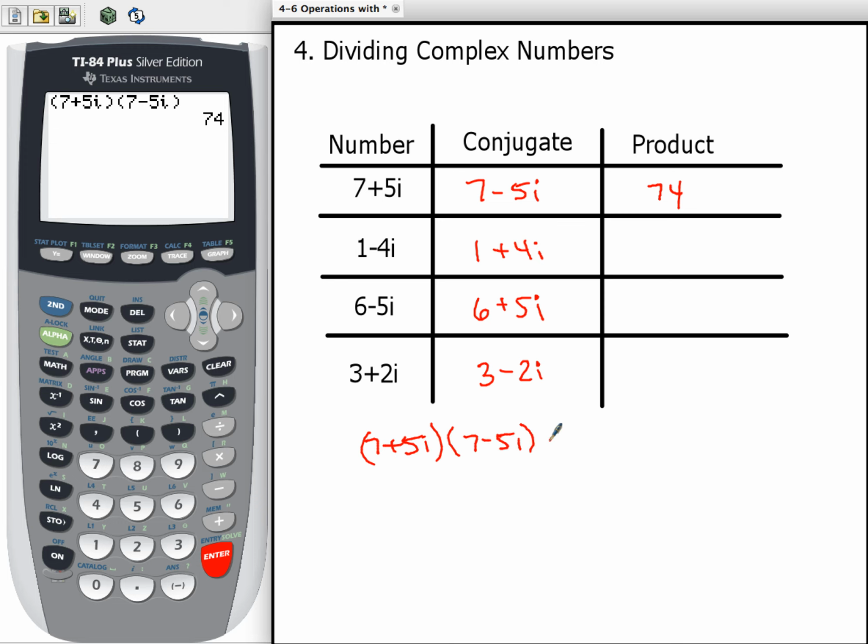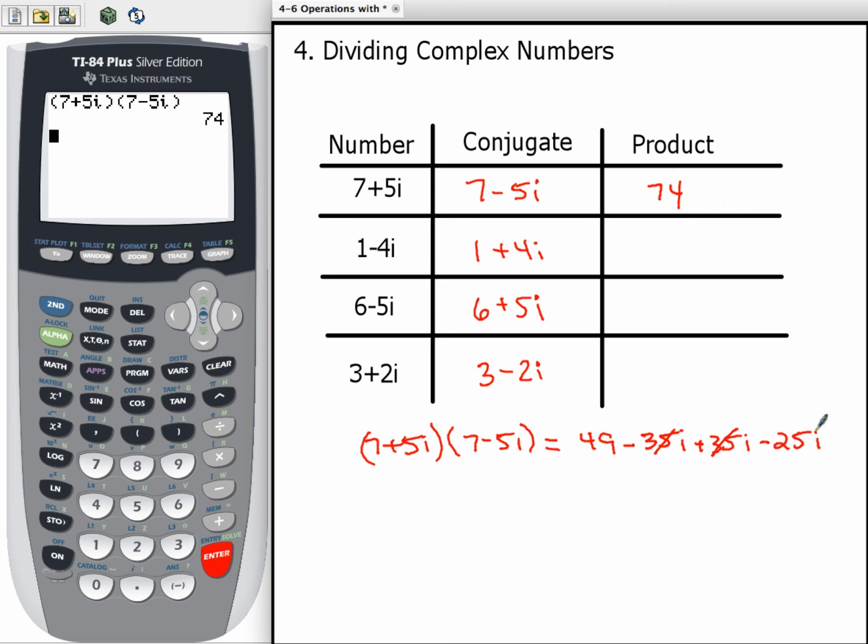All right, so if I were to FOIL that out or double distribute, 7 times 7, I get 49. 7 times minus 5i, I get negative 35i. And then when I do plus 5i times 7, I get plus 35i. Okay, so that's kind of like the distributive property before, or when you multiply conjugates, those middle terms will cancel out. But then I have the last term, plus 5i times minus 5i, so that'll give me